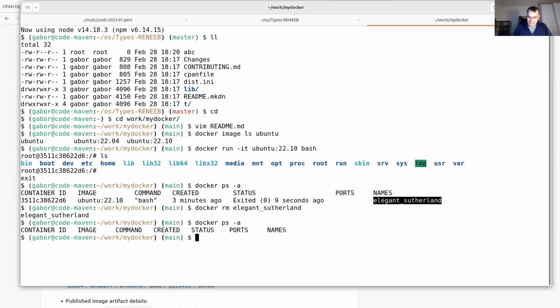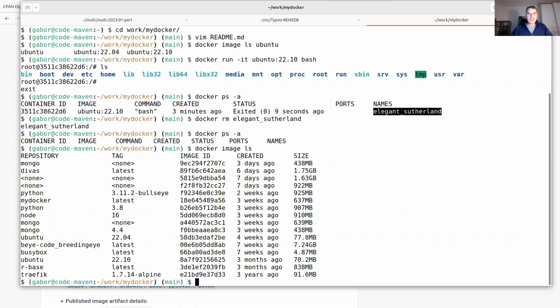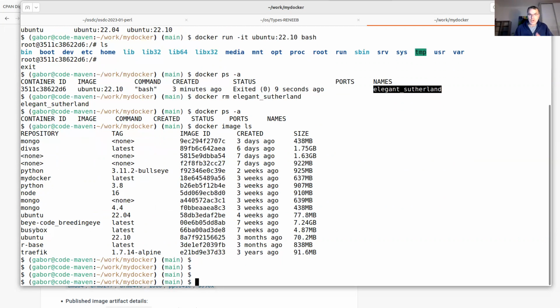Let me show you something else. Docker image ls. So this is the way to list all the images that I already have on my system. So there are a couple of images that I used for work. If I say docker run